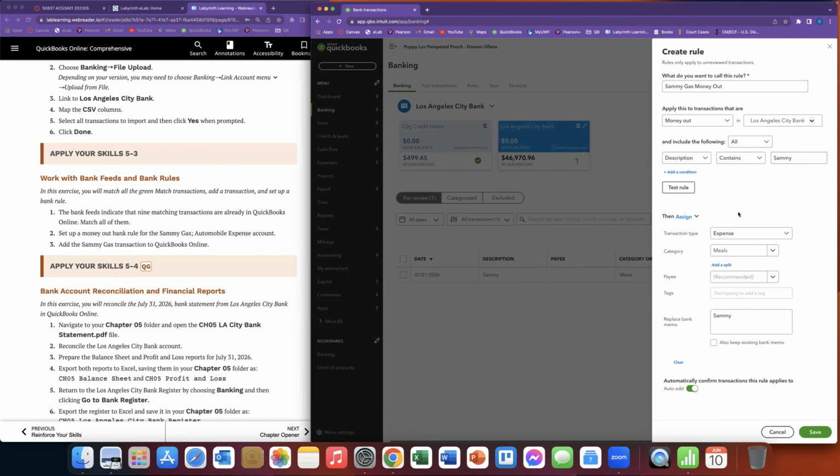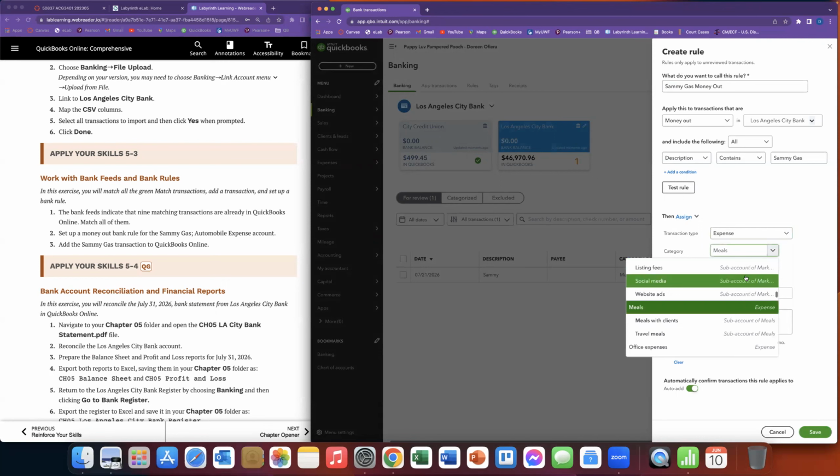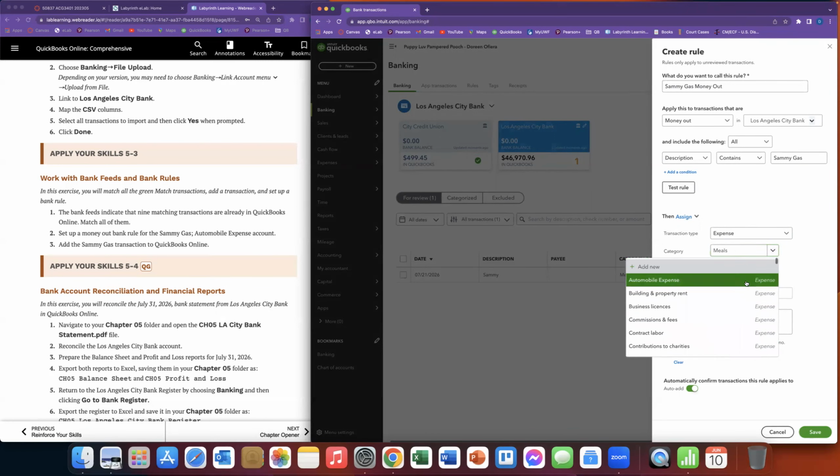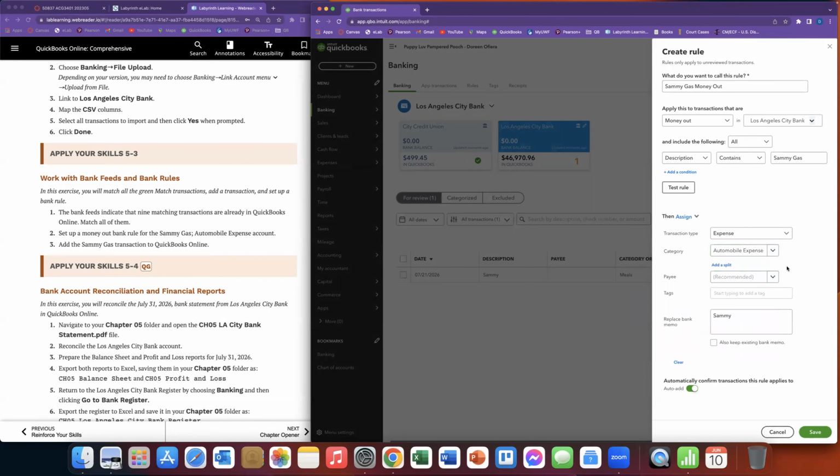And then transaction type is expense. And actually they want to say gas, let's see, expense. And then it is automobile expense. Here. Okay, so